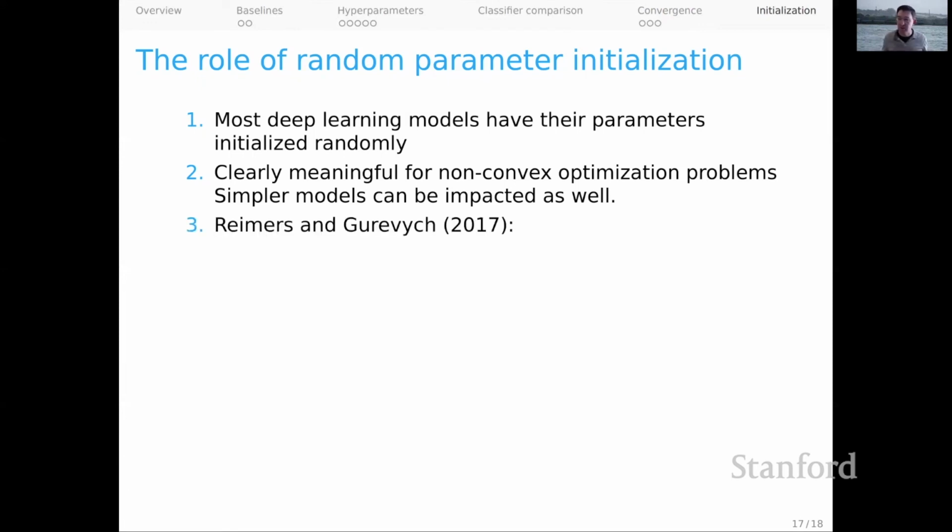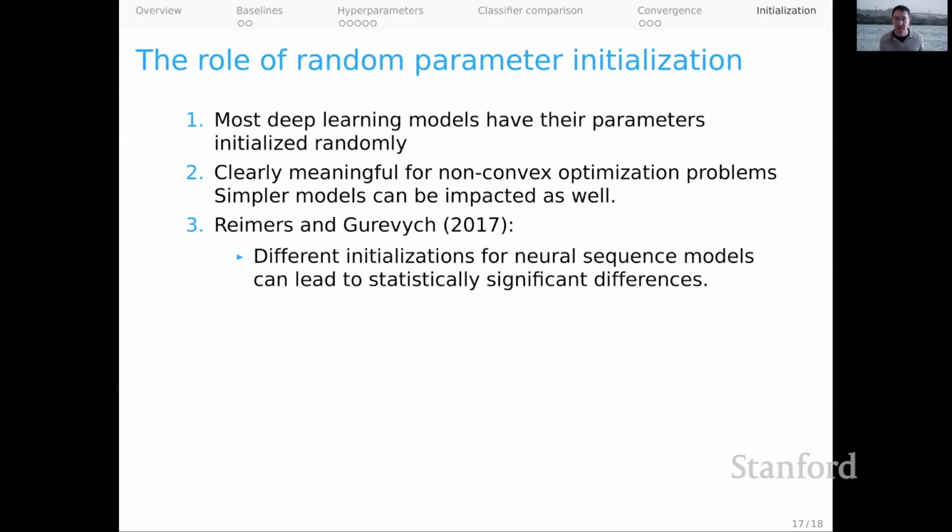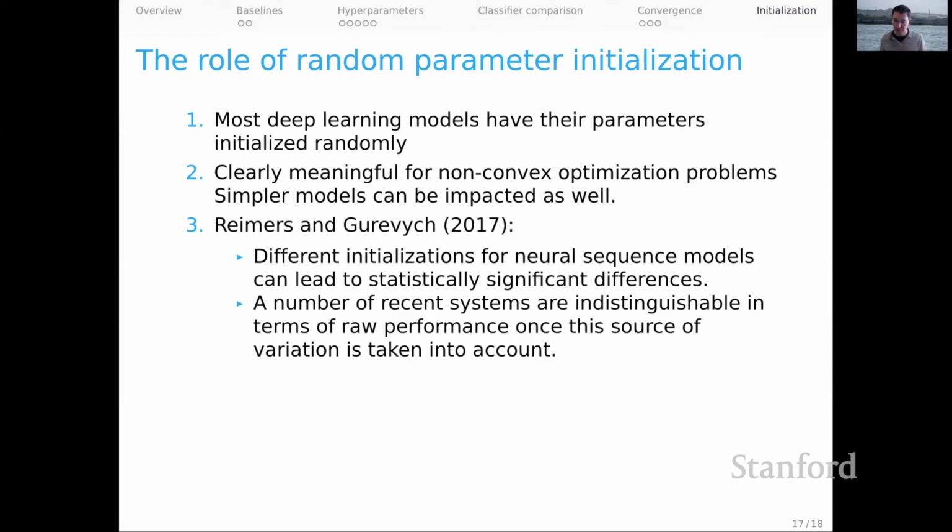In this classic paper here, these authors just observed that different initializations for neural sequence models that were doing named entity recognition led to statistically significantly different results. That is, one and the same model with a different random seed was performing in ways that looked significantly different on these data sets. And a number of recent systems actually turned out to be indistinguishable in terms of their raw performance once this source of variation was taken into account. And that's just a powerful example of how much a random seed could shape final performance